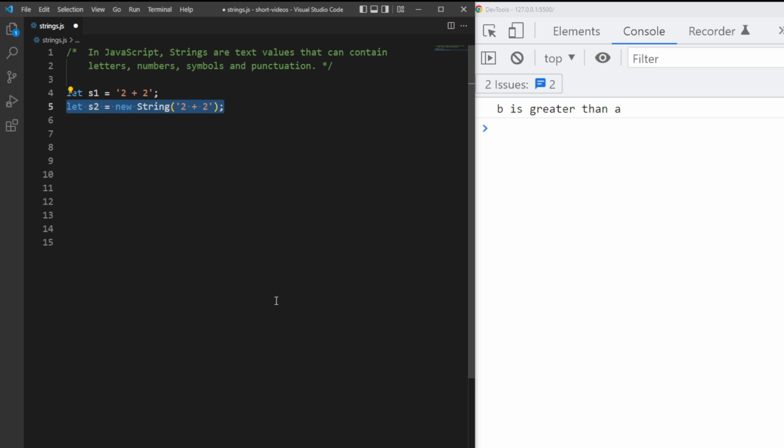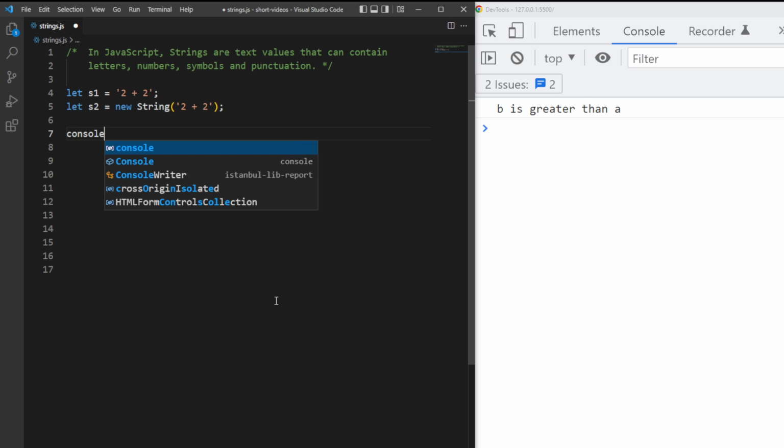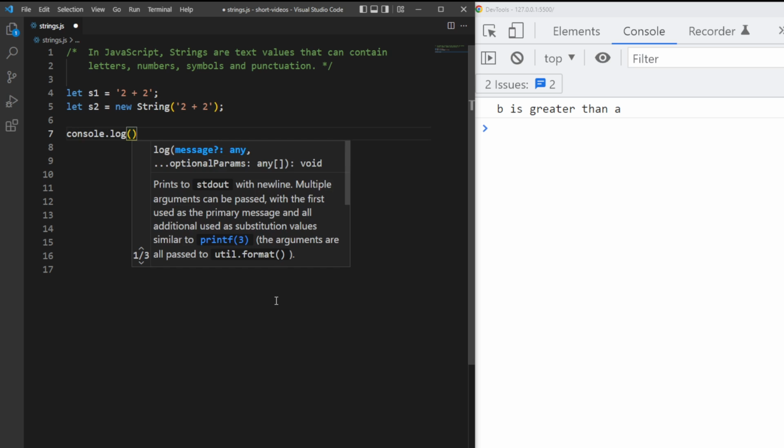This is the object way to declare a string. In both cases, they are pretty much treated the same way by JavaScript, but here is one example where these two ways of declaring the string differ within JavaScript. So you have to be a bit careful not to